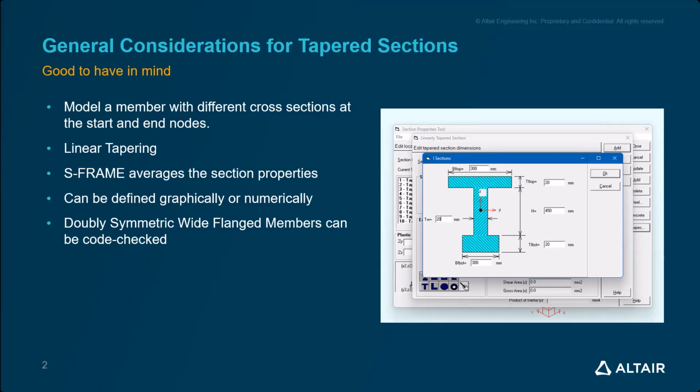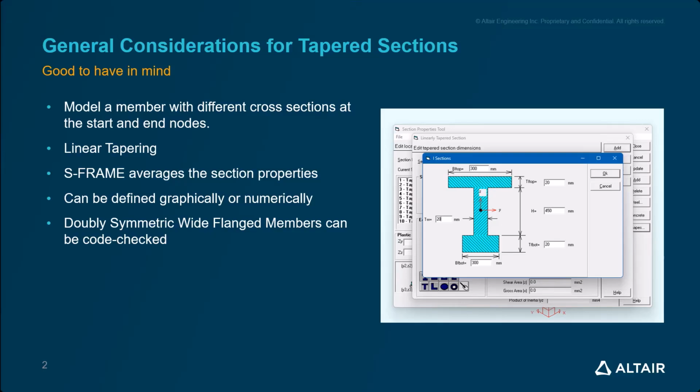This tapering can be defined graphically or numerically, so you have two different options in case you are more inclined to work with one or the other. And lastly, doubly symmetric wide flange members can be code checked. Basically, all the tapered sections can be analyzed, but those doubly symmetric wide flange members can be code checked